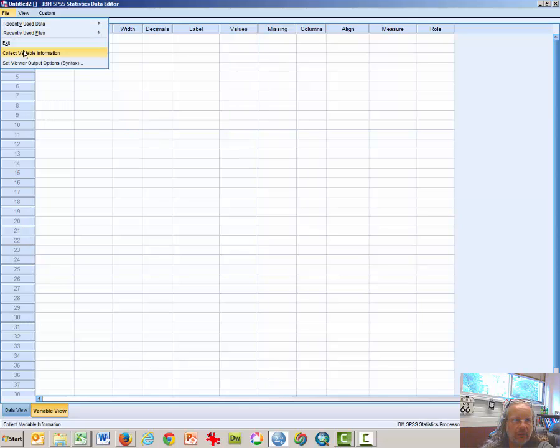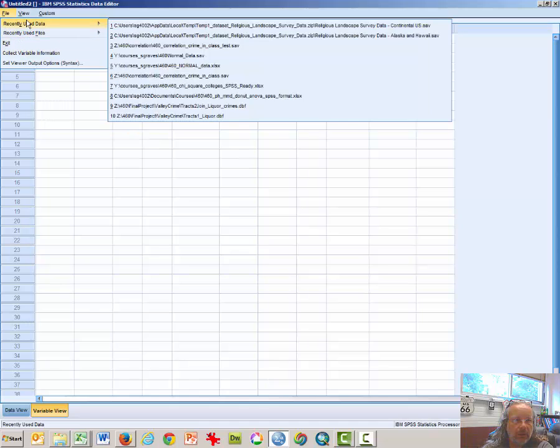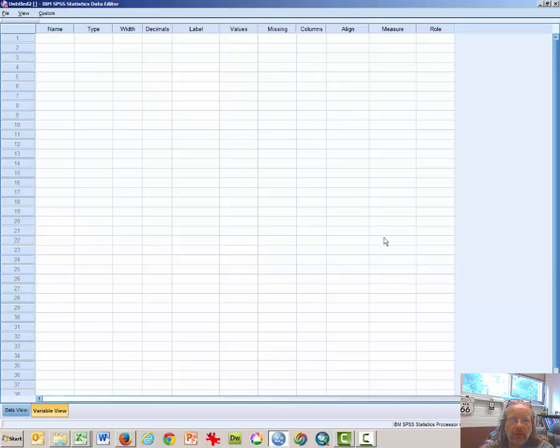File, recently used file, or we want to open up this one, chi-square users, this one, except this will be